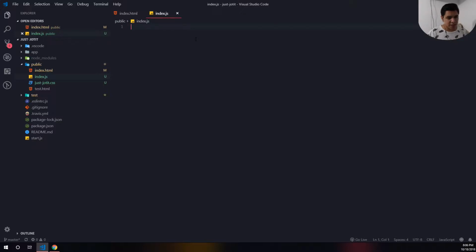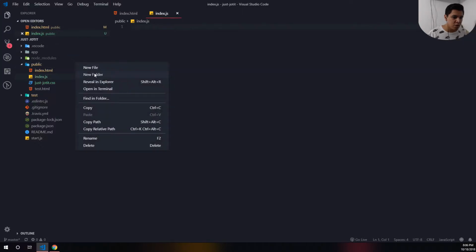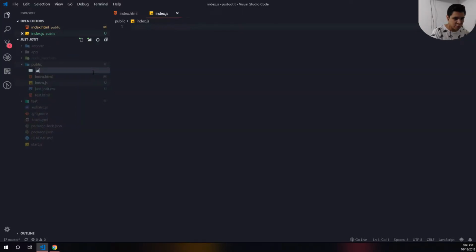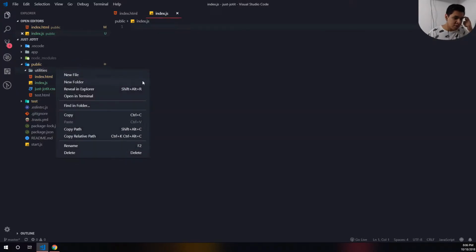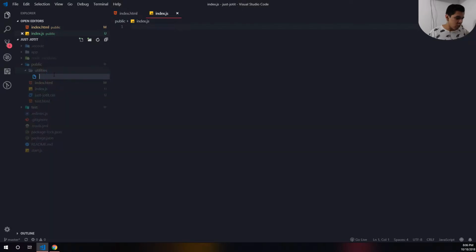And to avoid that, I'm going to be modularizing my code from the start. So to do that, I need to think of the biggest main actions I will do on this application. So these are 4 actions, and for each one of them, I'm going to write my own module for each of those actions. So I'm going to write a utilities folder. So instead of utilities, I'm going to store all my modules. So I'm going to create 4 main modules for the biggest actions I'm going to constantly be doing. So I'm going to create an